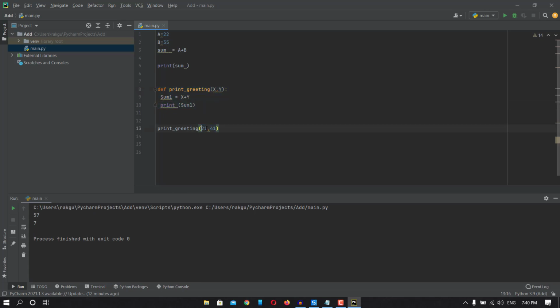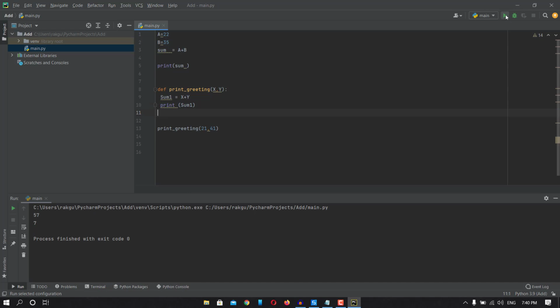Now this 21 will go in place of x, and this 41 will go in place of y, and then sum will do the addition of x plus y. In this scenario it means 21 plus 41; in the previous scenario it was 3 plus 4, and then this line of code will print the value.